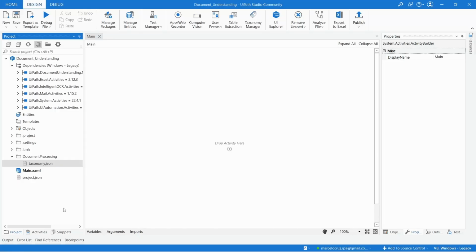So now let's move ahead to the next step, that is to create a loop for each file. And then for each file we will do the digitize, classification, extraction, and export the extracted data to Excel